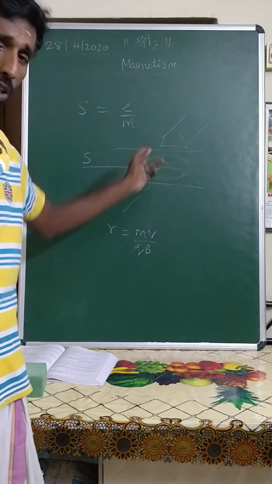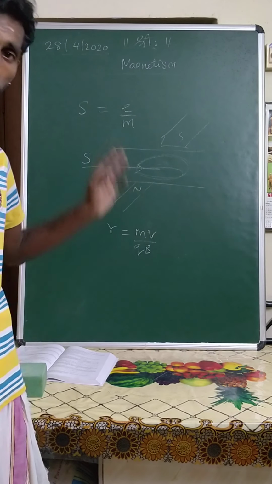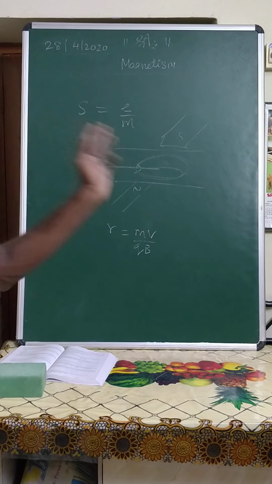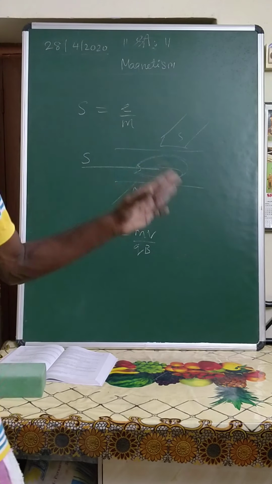They have given the specific charge value of the charge which is projected through the mutually perpendicular electric and magnetic fields. Now the electric field is switched off, only the magnetic field is present, so the particle tries to move in a circular path. So try to find the radius of the circular path.